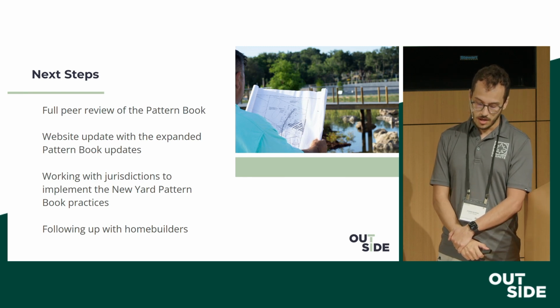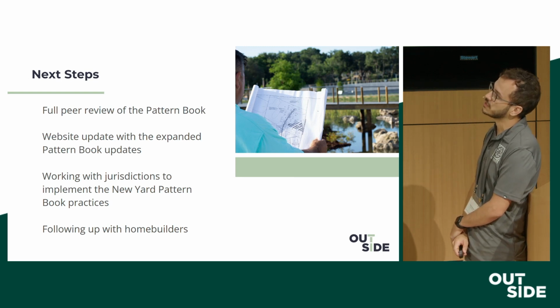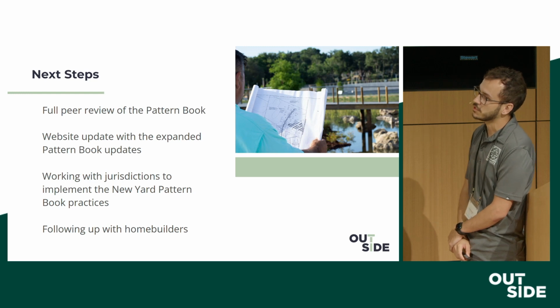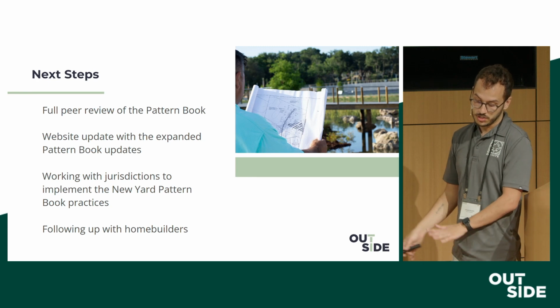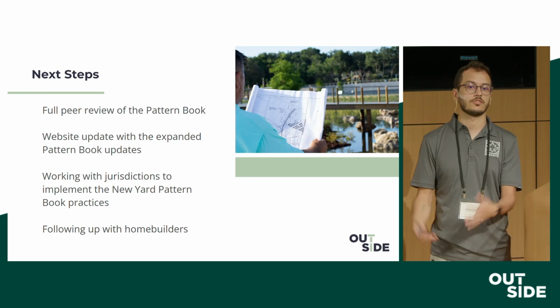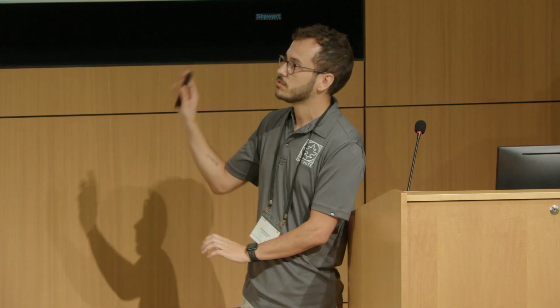And so lastly, as we continue to work and push the pattern book to as wide an audience as we can, through those efforts, we can continue to peer review the pattern book and update it over time. And as we learn what works and what doesn't, hopefully your yards can evolve and change to not only meet the demands of the environment, but also our own needs and wants that we like to get out of our homes. And just to leave you on a hopefully positive note, a quote by Doug Tallamy,